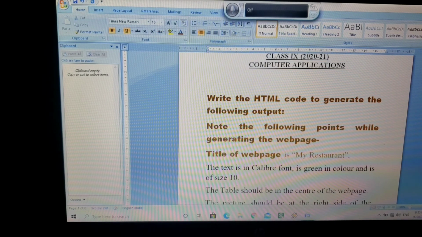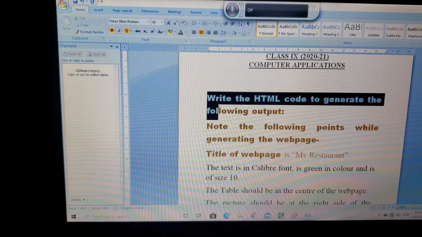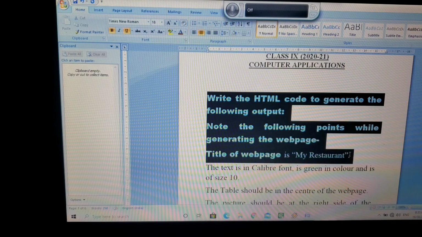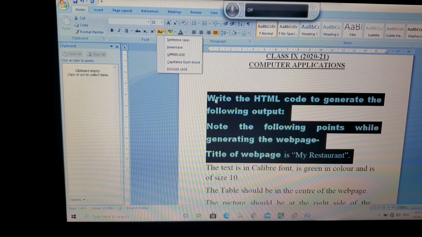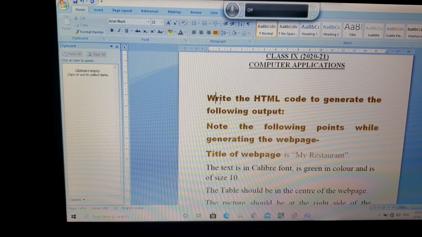First you need to select the paragraph, just see how it is looking right now, and after applying the changes how it will look. Come to this option. First I'll use sentence case. In sentence case, the first letter will be capital, the way you write any sentence, and the rest will be in small letters.